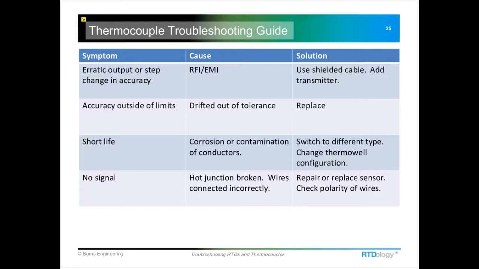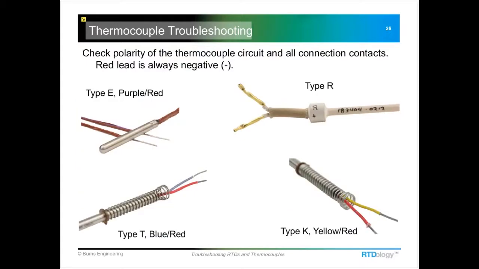And then if you're not getting any kind of a signal out of your measurement loop, you could start first by checking to make sure that the hot junction isn't broken, by just doing a simple continuity check between the two lead wires. You could have the wires connected incorrectly at the controller or your chart recorder. And there, you need to check the polarity of those wires. And the way to do that,